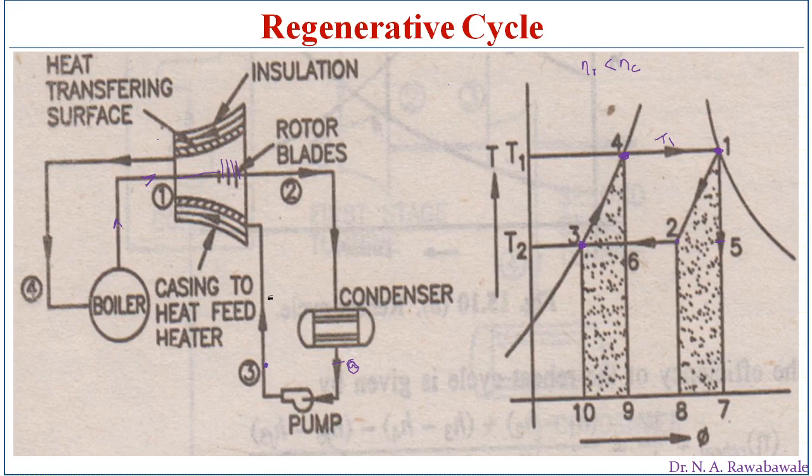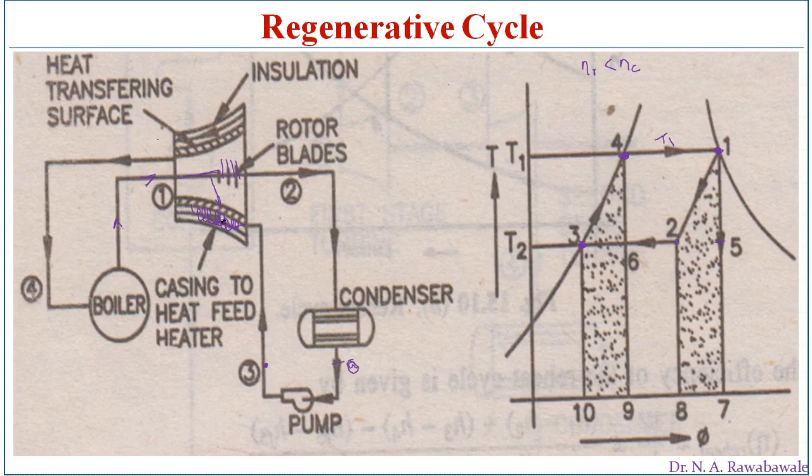So this condensate is circulated in the water jackets which are made around this turbine. So through this water jacket this condensate is passed. When this condensate is passed through the water jacket, there will be heat transfer from the steam which enters into the turbine, and this water absorbs heat.